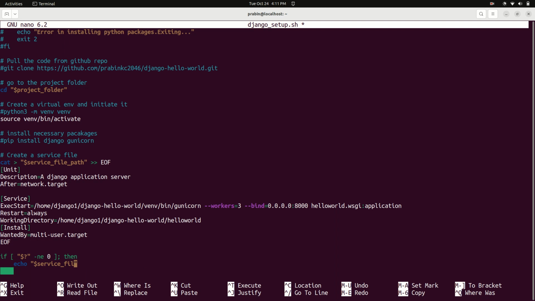Service file could not be created, exiting, and I will say exit, I think it's exit 3,